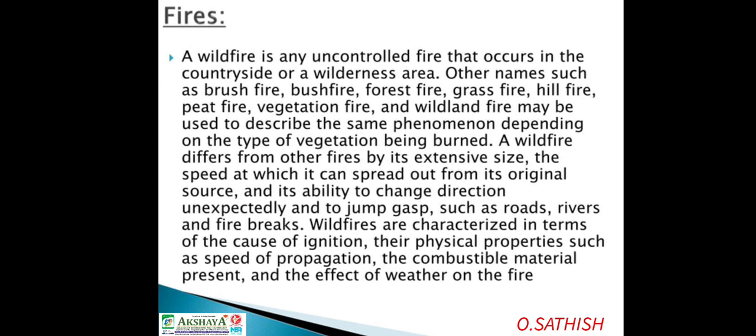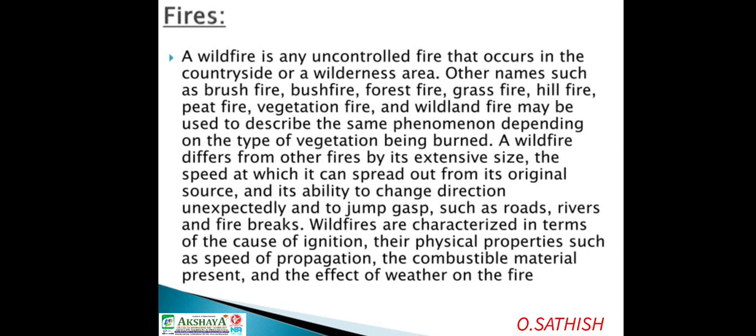Now we are going to see about fires as a natural disaster. Fire in the context of disaster refers to uncontrolled and destructive fire that spreads rapidly, causing extensive damage to property, ecosystem, and human life. Fire can occur naturally or result from human activities such as industrial accidents, arson, and improper handling of flammable material. Fire disasters pose significant risk to communities,